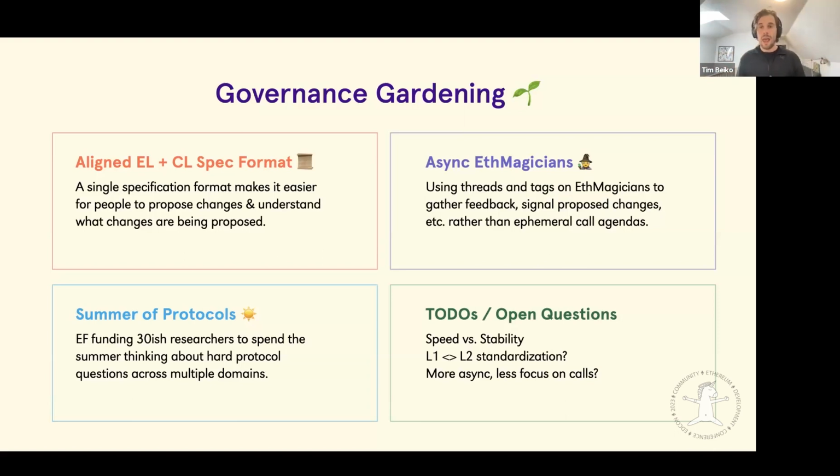And then my last big open question is, Ethereum governance, the formal process, works mostly through these calls that we have. Can we do even more to move things async and have less of a focus on that? The good thing about calls is they give us a lot of momentum, but the bad thing is they optimize for people who can show up on the call, speak in English, think on their feet and whatnot, which is not necessarily the set of things we want to optimize for long-term governance. So how do we slowly transition that over?